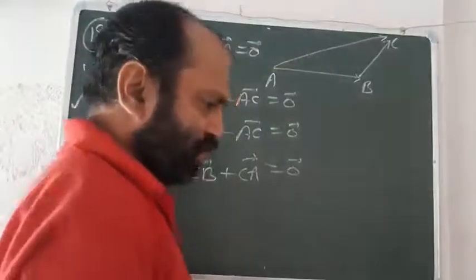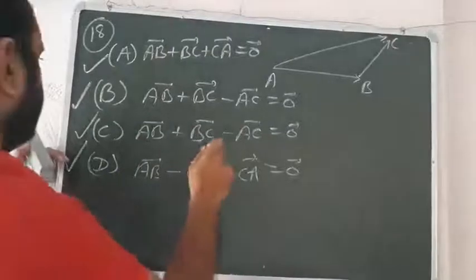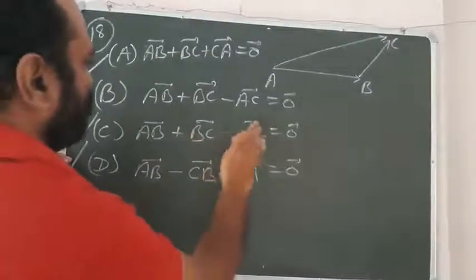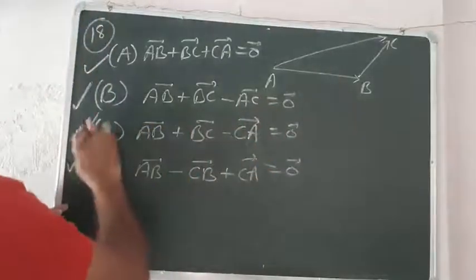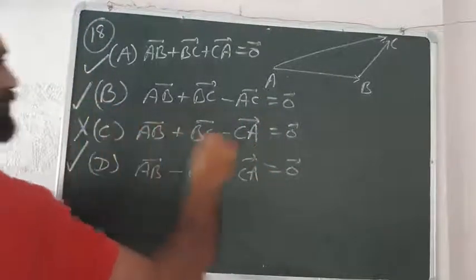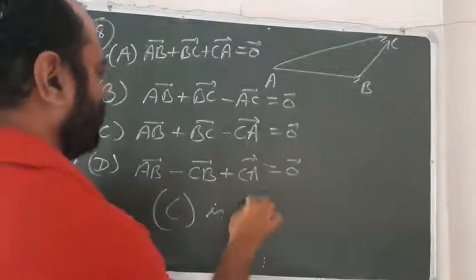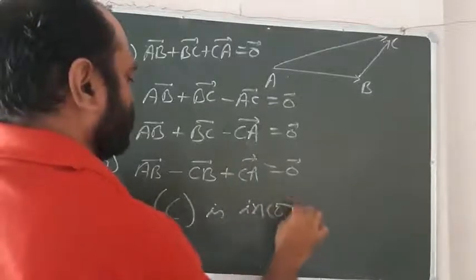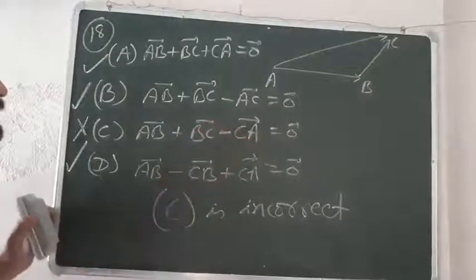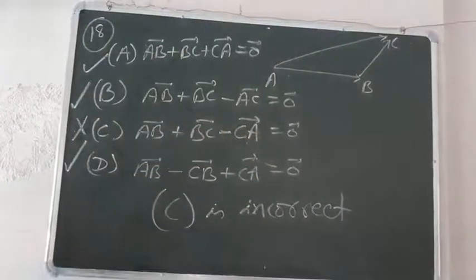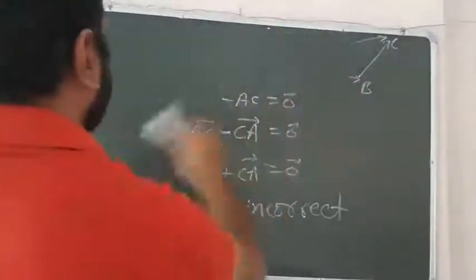Yes beta, make a small change in this, this question was copied wrong. This C part, in many books it is given as CA. If it is CA then this is a wrong one. So beta ji, this C part is incorrect, if it is minus CA vector here. So C is the incorrect part. Okay, now let us take the last question of this exercise.